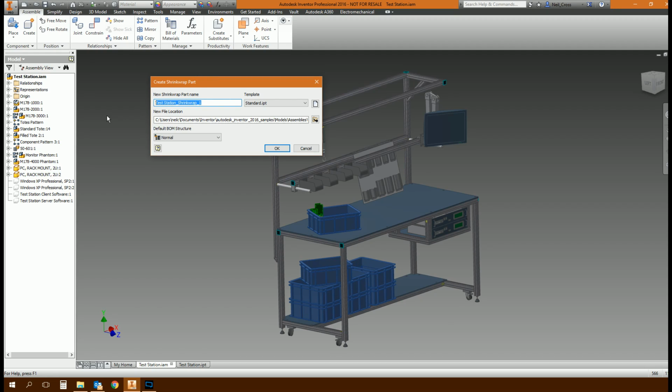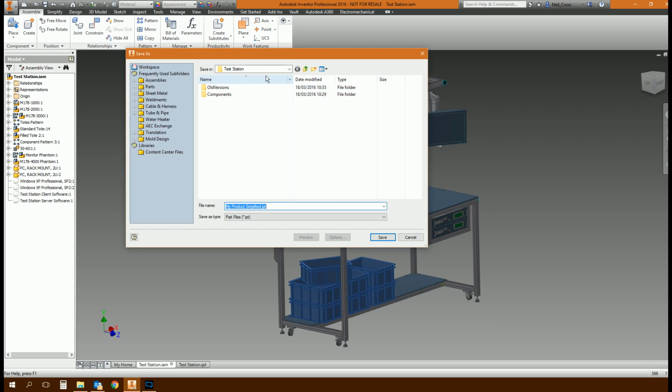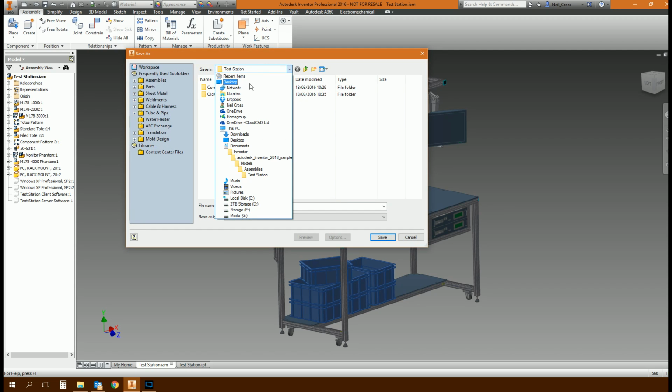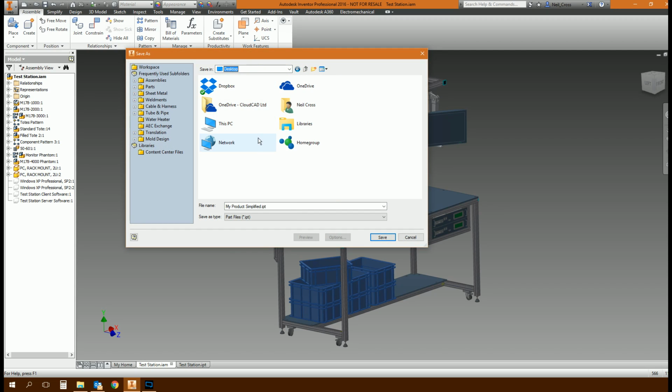So we need to give that a name. Call this something that you recognize and that the recipient will recognize. So my product simplified, something like that will do. The template, you can leave that as a standard IPT, and then for the location, just drop it somewhere where you're going to be finding it later on, somewhere easy to find, so your desktop, something like that. Click save,